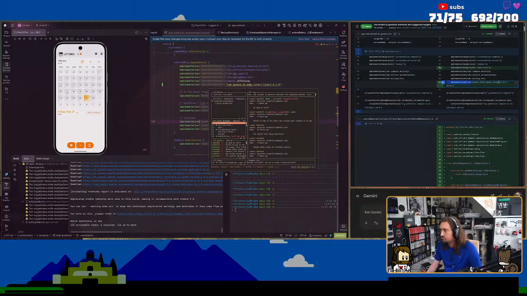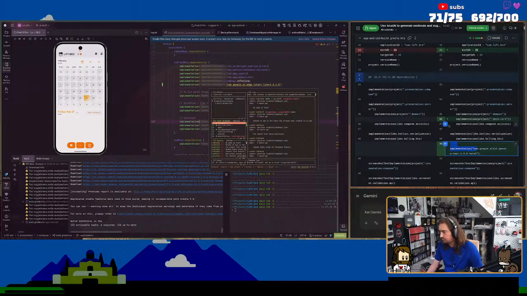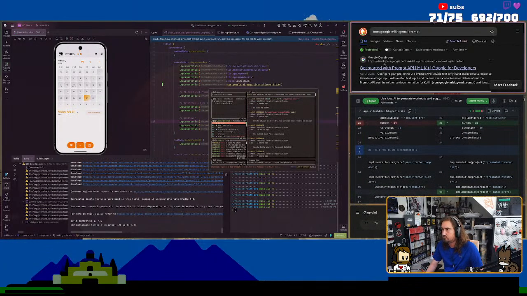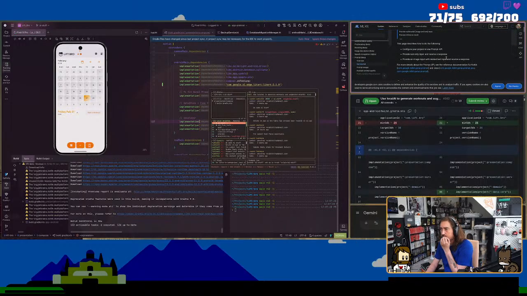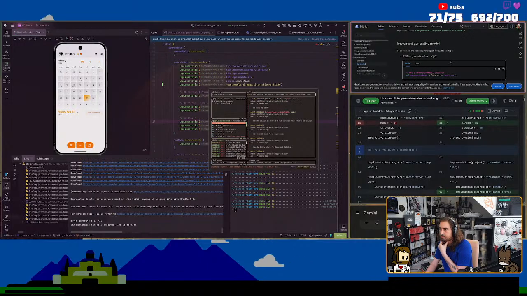So what's this? Prompt API, text only input, receive a response.